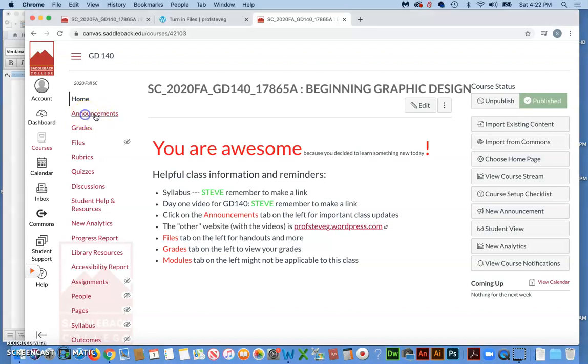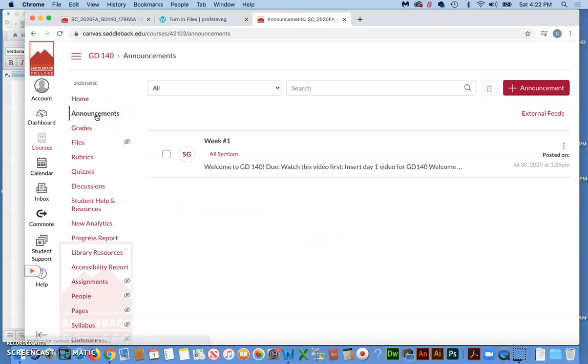So you do that just by clicking in here. Oh yeah, there is an announcement already. And if there were more, what would happen is the older ones would be at the bottom, and the newer ones will be on top. And typically I start this out with the date that they pertain to. So it'll say something like "4 for" and then a date.